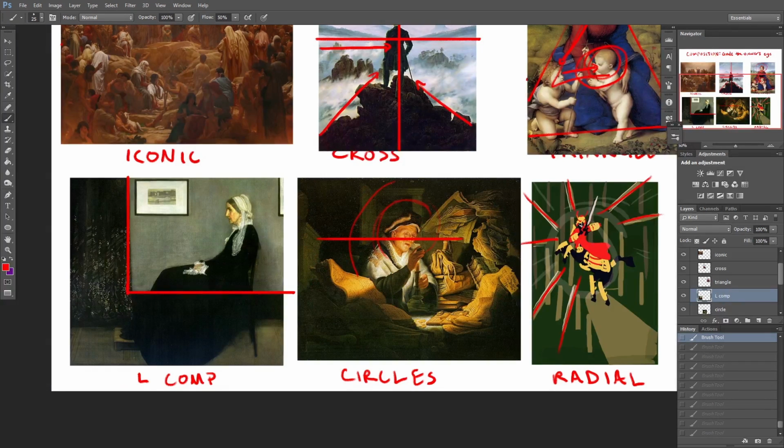To get back to the circles though, I love this picture. This is called The Parable of the Rich Man by Rembrandt. This is technically more of a spiral than a circle, and you can see the books and everything else pulls our attention right into the center of the picture. The spiral in this case also adds to the story of the picture, which is that this guy is completely consumed by his money and he thinks of nothing else, and it's spiraling out of control for him. So that's another thing to keep in mind, is that your composition can definitely add to the story that you're trying to tell